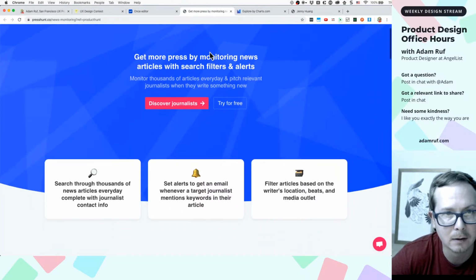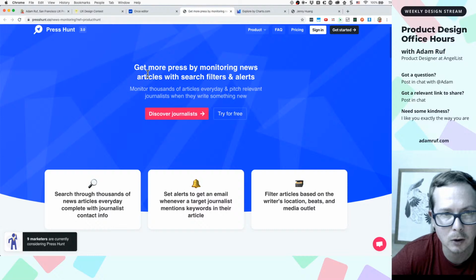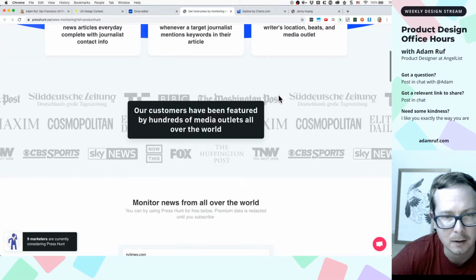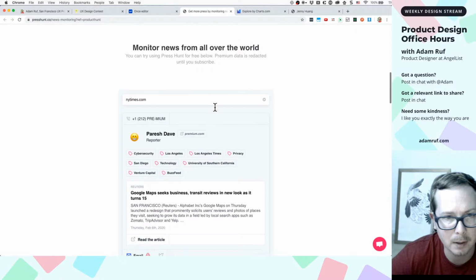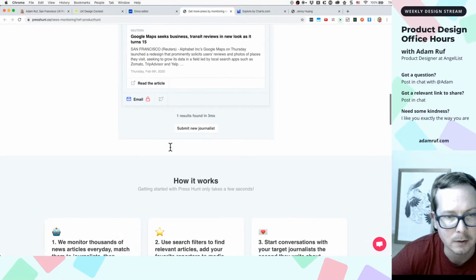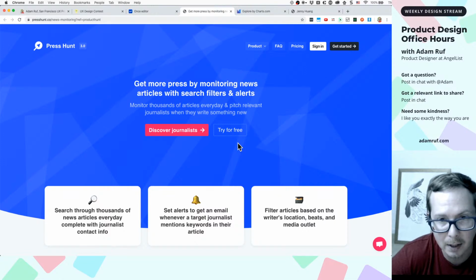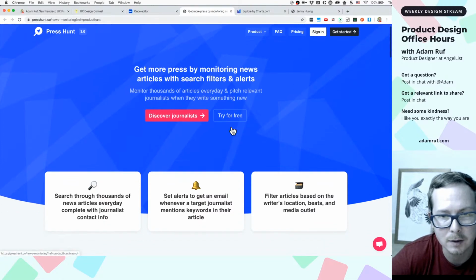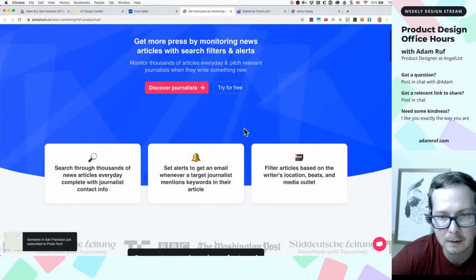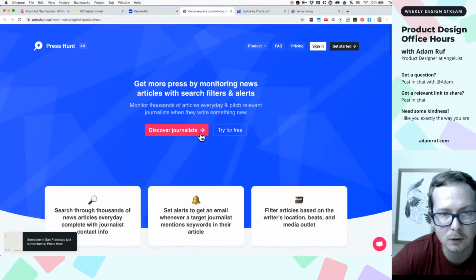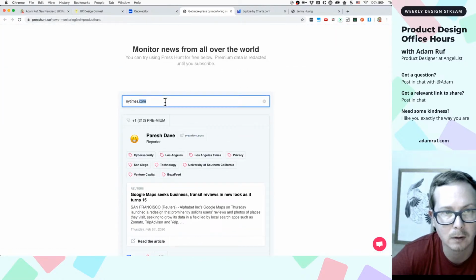Press hunt. Get more press by monitoring news articles with search filters and alerts. Monitor. So I think this is kind of cool. I always wish there was an easy way to kind of scrape the web for the most actionable or interesting articles. Discover journalist. Oh, I just want to try for free. Okay, here we can enter something in. So let's do